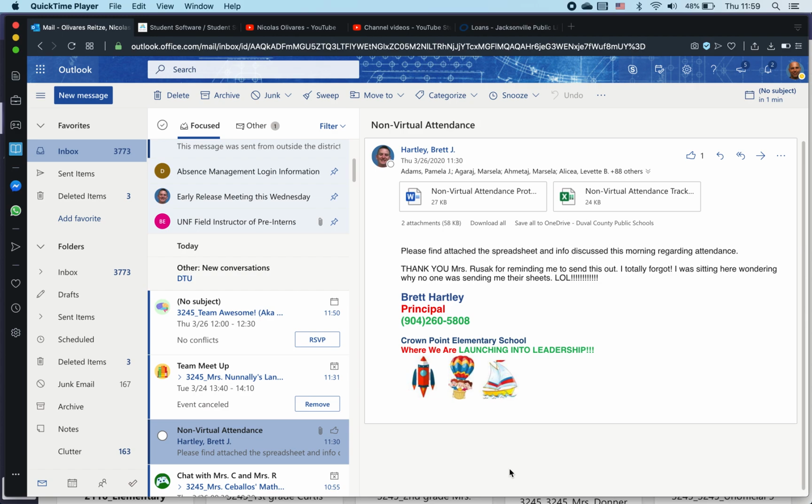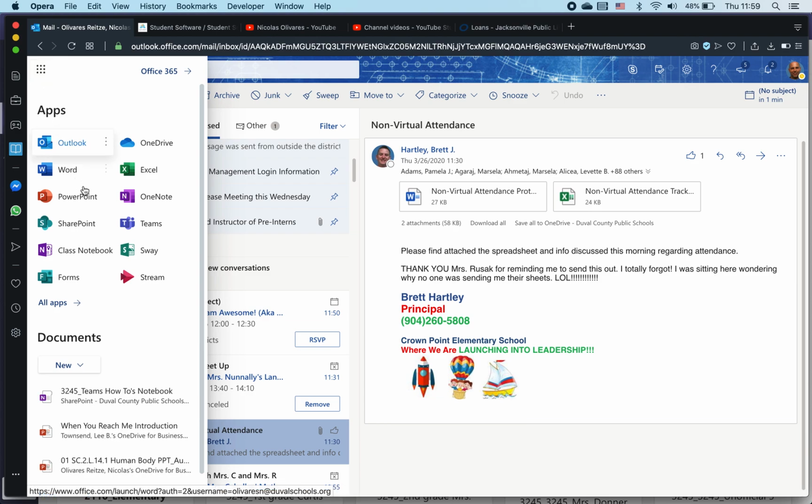This is going to be a forms tutorial. I'm going to walk you through making a form, actually a quiz, and using it within your teams. So the first thing you need to do is go to your email. That's probably the easiest way. Click over there on the dots and go to forms, and that will take you